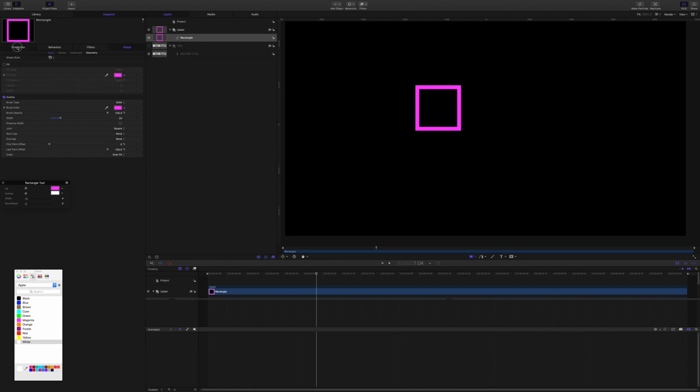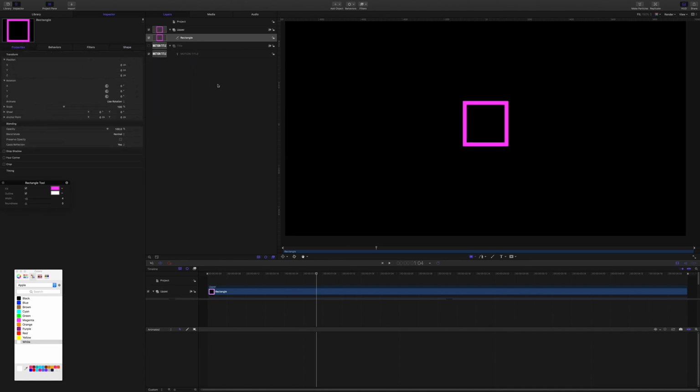So now I'll come into properties and I'm going to reset the X and Y position, and then I'll come into rotation. I want the Z rotation at 45. And I'll just rename this to front